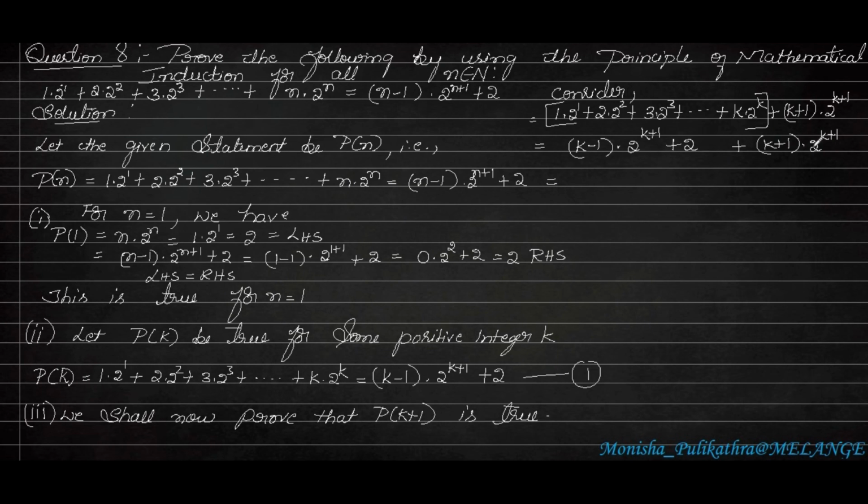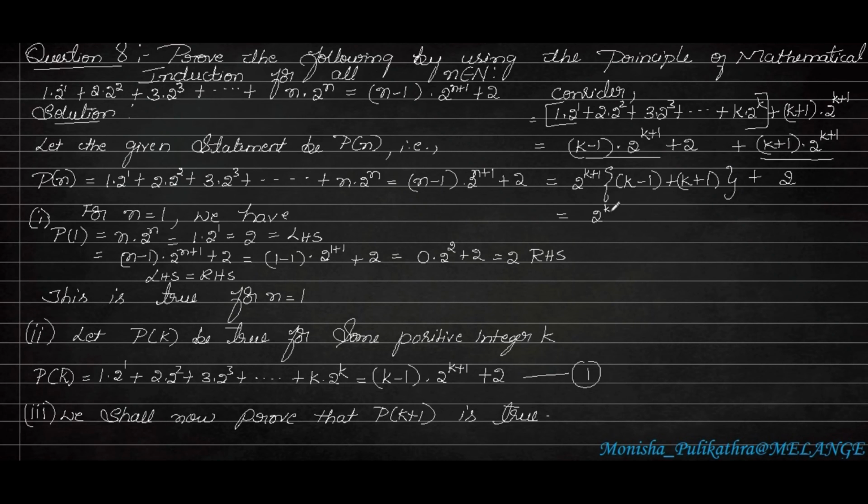So here in this step, we have to take 2. So here in this segment and this term, in both the terms, 2 to the power of k plus 1 is common. So we can write plus 2 separately. Okay. So if I take 2 to the power of k plus 1 common, so here k minus 1 is remaining. And here if 2 to the power of k plus 1 I take common, here k plus 1 is remaining. Okay. So later we can write plus 2 separately.